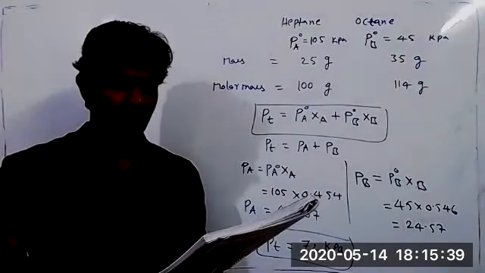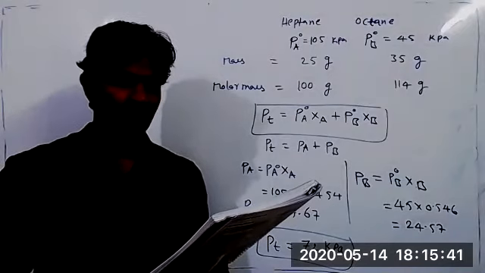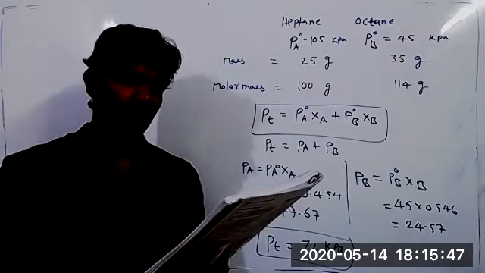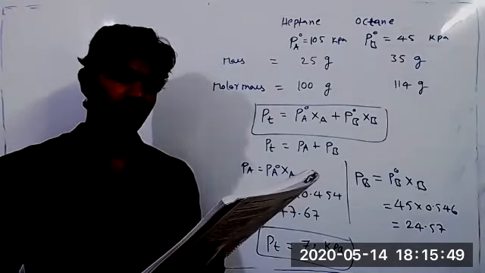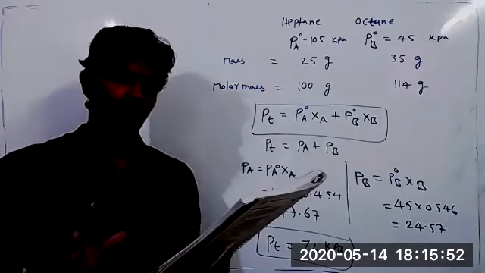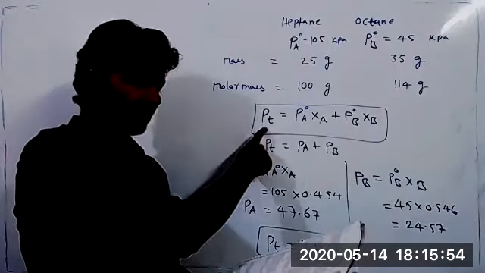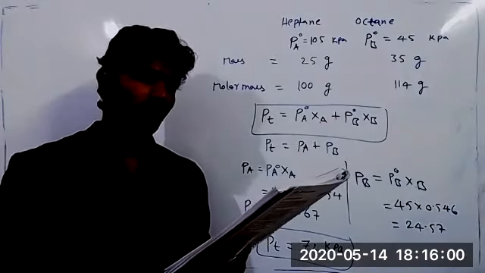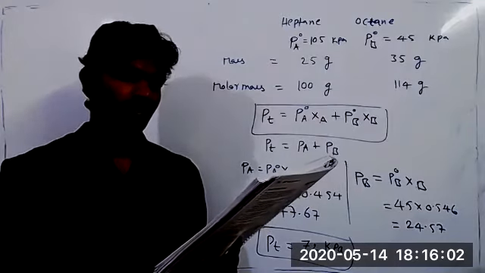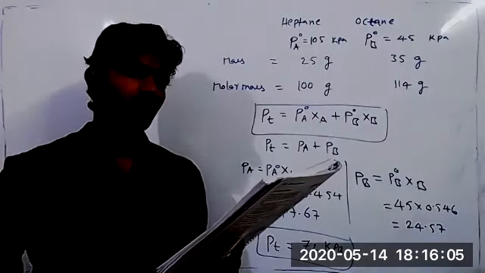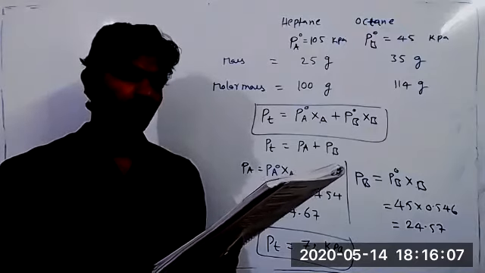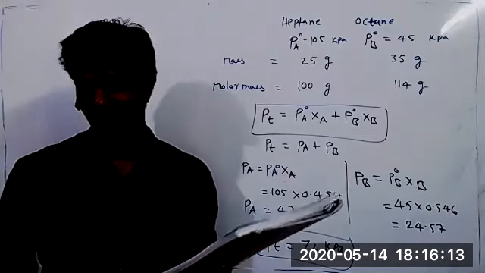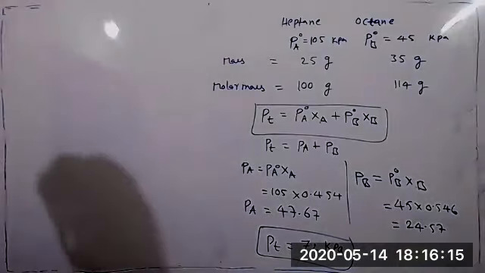Two liquids, X and Y, form an ideal solution at 300 Kelvin. The vapor pressure of the solution containing 1 mole of X and 3 moles of Y is 550 mmHg. So here, P total is given. And at the same temperature, if 1 mole of Y is further added to this solution, the vapor pressure of the solution is increased by 10 mmHg. The vapor pressures of X and Y in their pure state will be, respectively? These are a different kind of question. Carefully observe how to answer this.